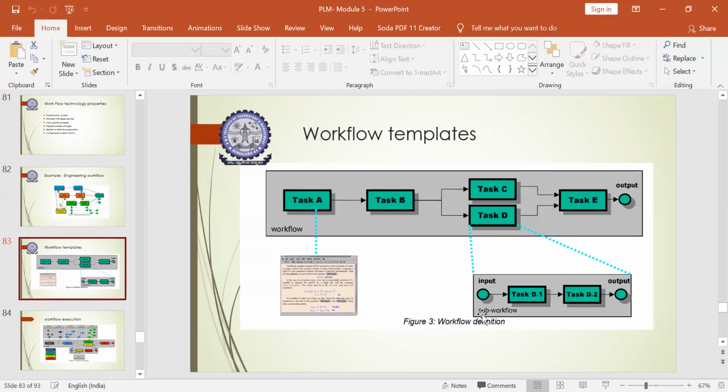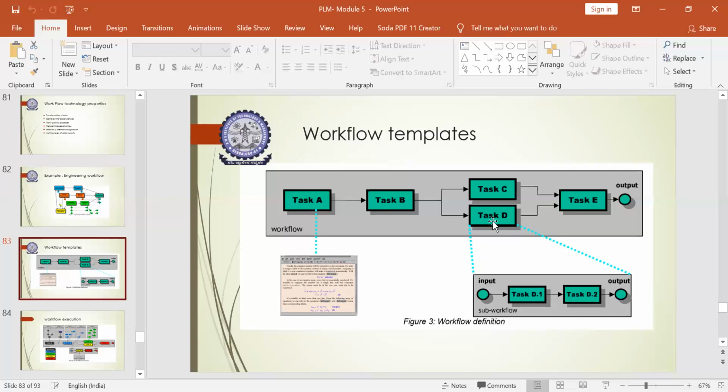So you can see here, it is a bifurcation of the sub workflow. The input for task D will be different and the input for task C will be different, but both will be received from task B. So the output of task B will be divided into two parts. One part of the output of task B will be provided as an input to task C. Another part of the output of task B will be given to task D. So this is the sub workflow which receives the input.